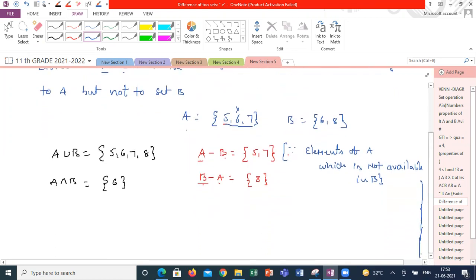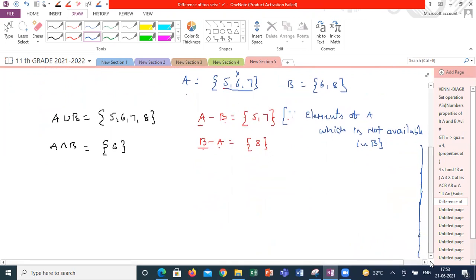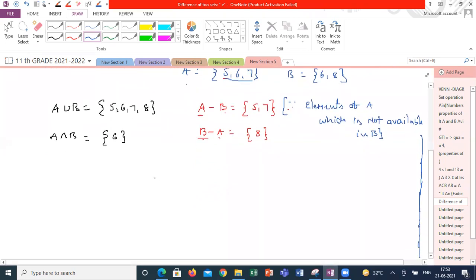A is one set, there are some elements in set A. B is a set, there are some elements in B. A minus B in set builder form I can write like this: X such that X belongs to A and X does not belong to B. What are the elements belonging to A? All you have to collect, but if there are any elements in A that belong to B, you should not collect them. So B minus A is